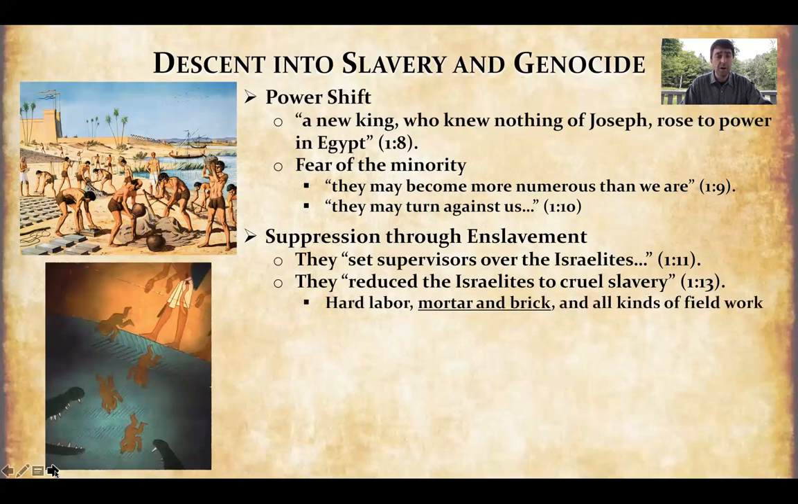What does this slavery involve? Well, hard labor, mortar and brick, and all kinds of field work, it says. Now, I underline mortar and brick there because it's interesting to look back, say, on the Tower of Babel through the lens of this experience of having to work as slaves, particularly making bricks for the Egyptian structures, for their cities. Who knows, maybe for the pyramids even. We don't really know exactly what they built. They built 2 store cities, it says, Pithom and Ramses. But